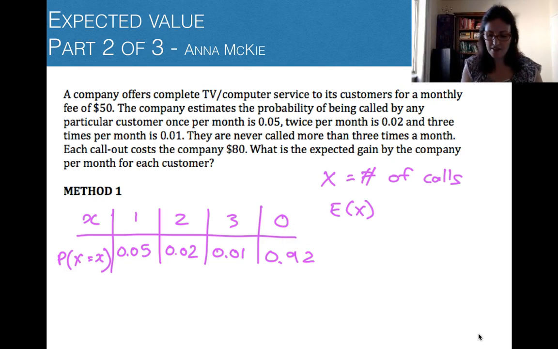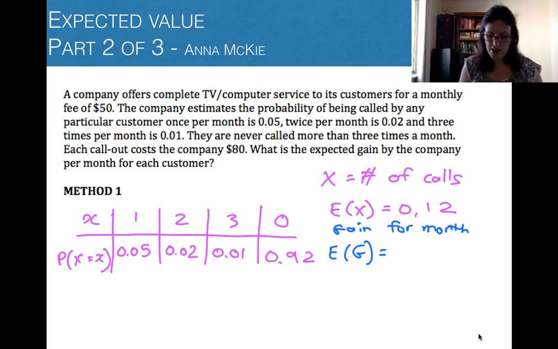Now, our expected amount of calls that's going to happen, it's like the average: multiply, multiply, multiply, multiply, and add them all up, and we get 0.12 is the expected number of calls. But what's the gain by the company? So the formula that we're often using for expected gain here, so I'll write here G for gain for month,